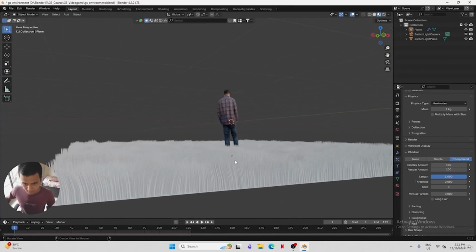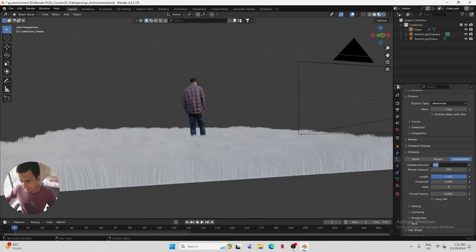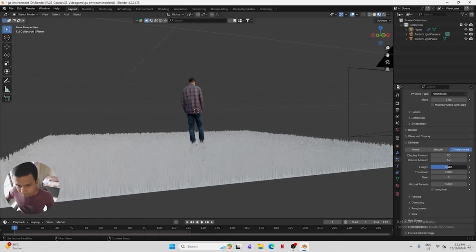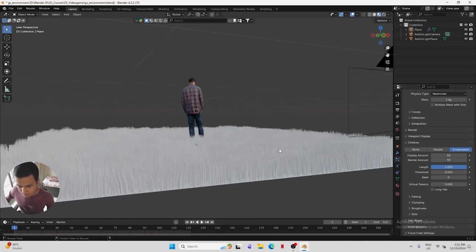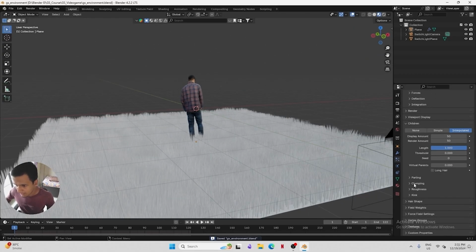We don't want this much, but actually it looks even better. But let's say, what if we use 50? Okay, 50 is fine. We can use 50 for both viewport and render. And we can also change the length. I think length is fine. Then